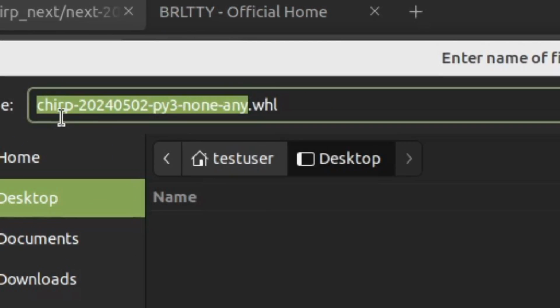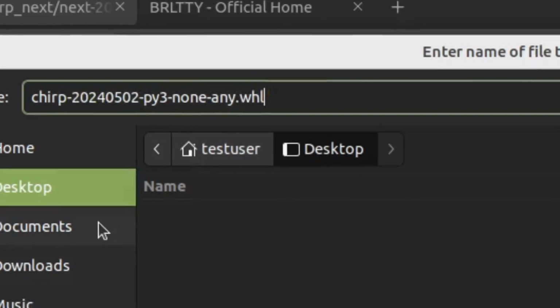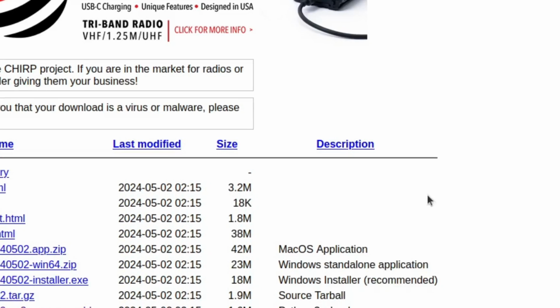Now you'll notice this file name has a date in it. That is the current date, 2024-0502, the second day of May 2024. These are daily builds. You're going to need to pay attention to that date in your file name because you'll need that later when we're installing the application. Okay? Now I'm going to download it to my desktop, so I'll hit Save, and it's going to go ahead and download there. I'm going to go back,